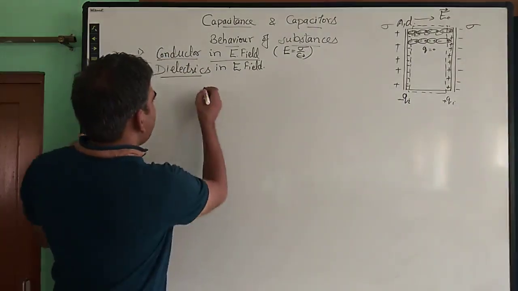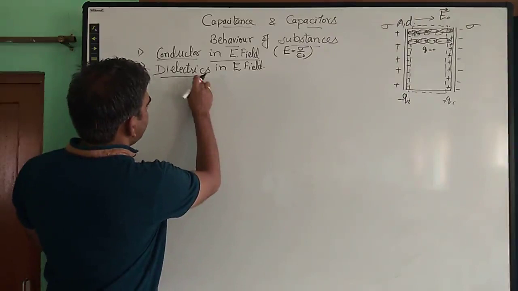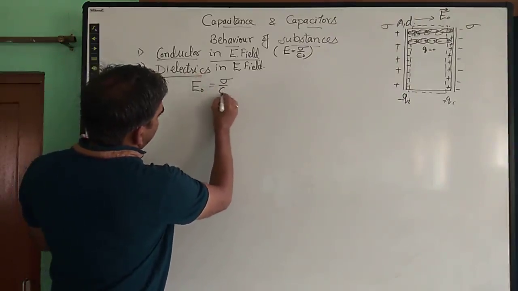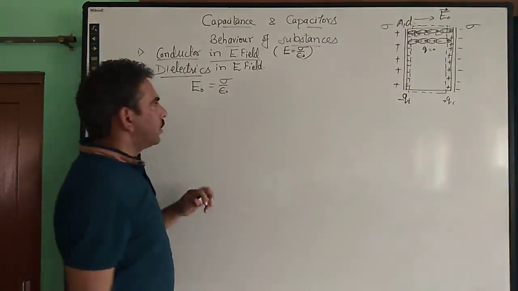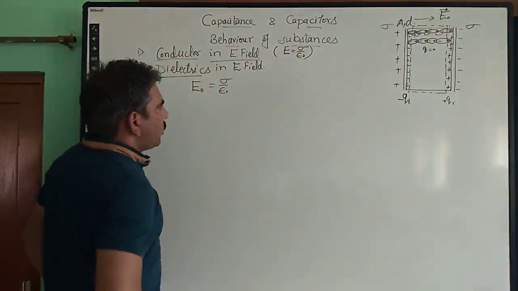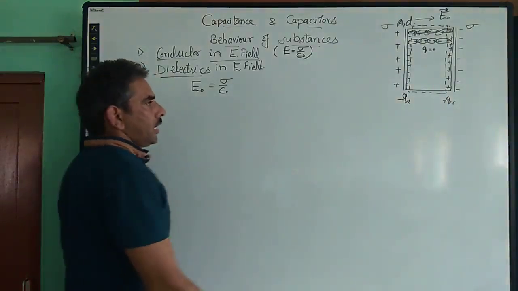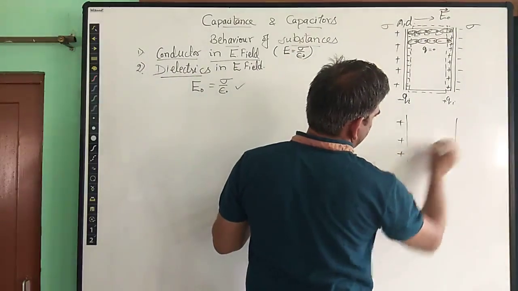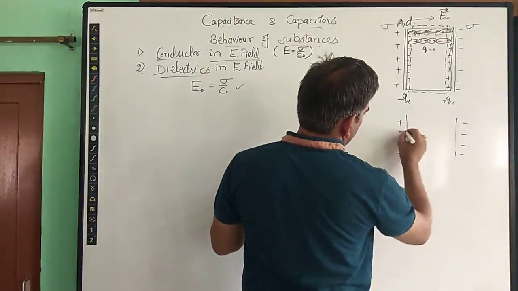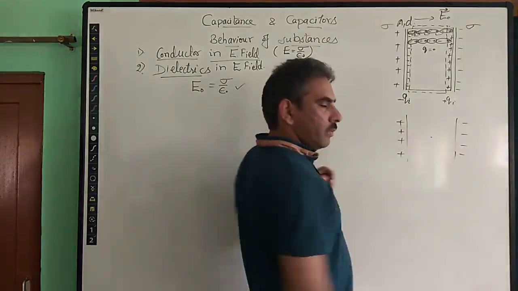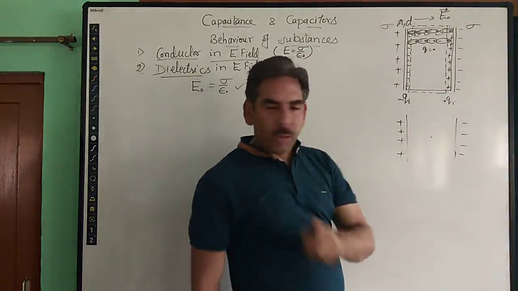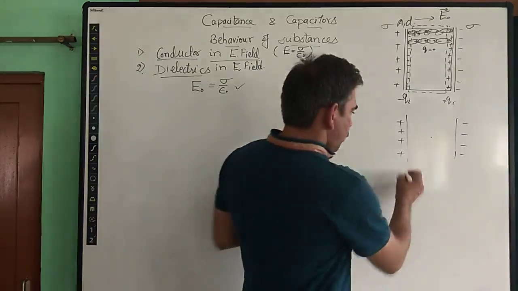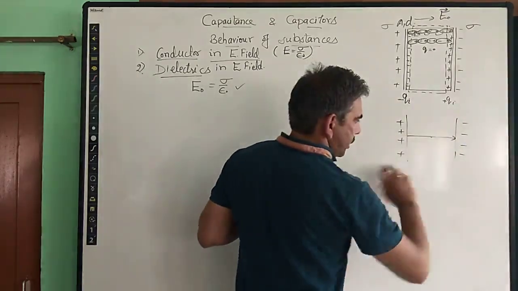So the electric field we have applied, we can write as E naught, which is given by sigma upon epsilon naught, as we have discussed earlier. Right, near the surface it is sigma upon epsilon naught. You can also take this expression for the case of two plates, one positively charged and another negatively charged. Right. So at this point, what will be the net electric field? It will be the sum of the electric field due to the positively charged plate and the electric field due to the negatively charged plate. From here, the direction of the electric field is along the same direction.